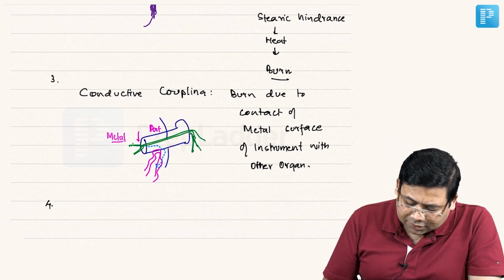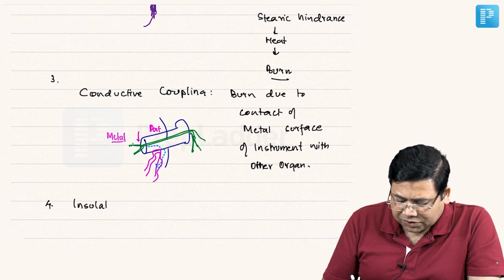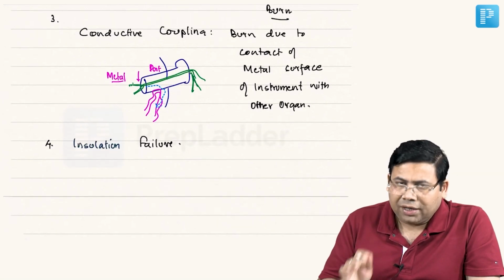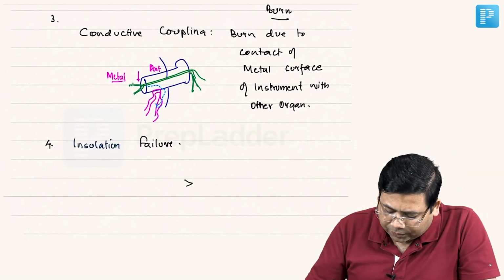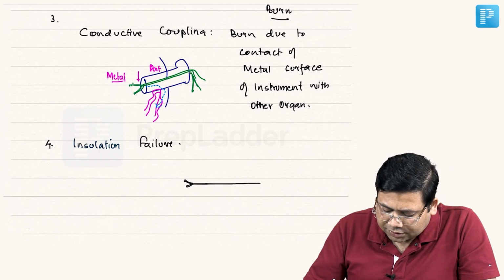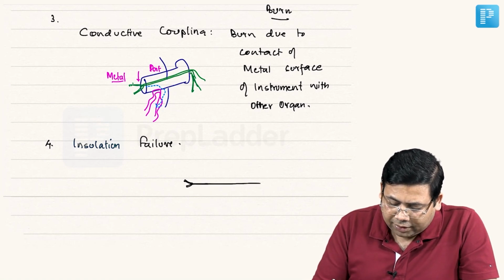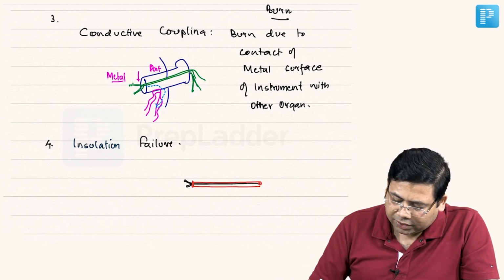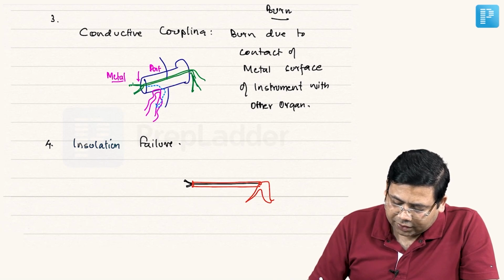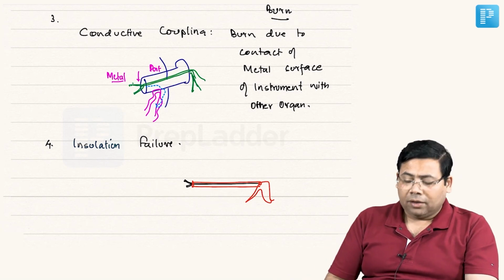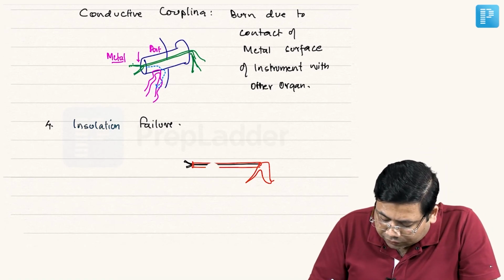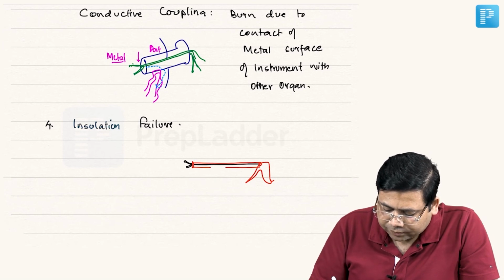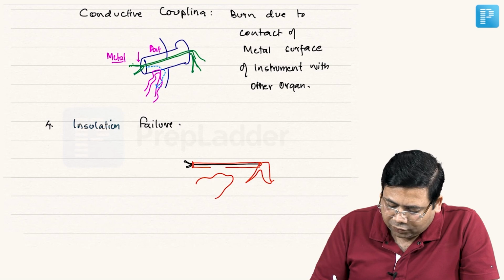The fourth is insulation failure. Now this is again a complication seen in laparoscopic surgery. Imagine your sheath, the insulation. If you see a laparoscopic instrument, this is the inner sheath, and then it is attached to an insulation sheath, and then this is attached to a handle. Now sometimes, if this sheath part is broken or damaged, and whenever you are using this,